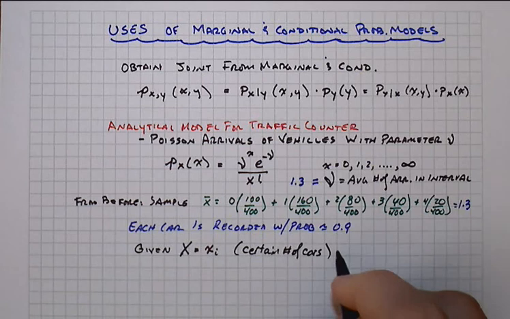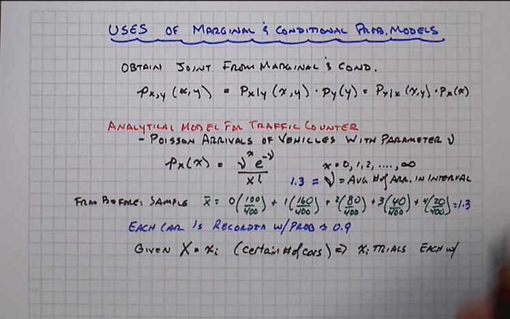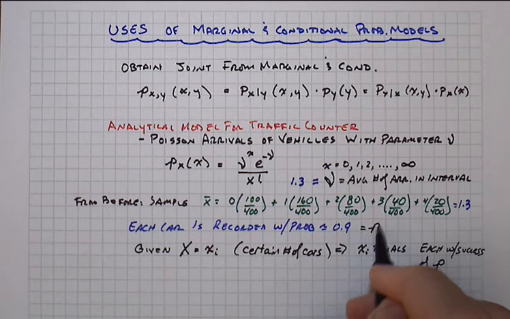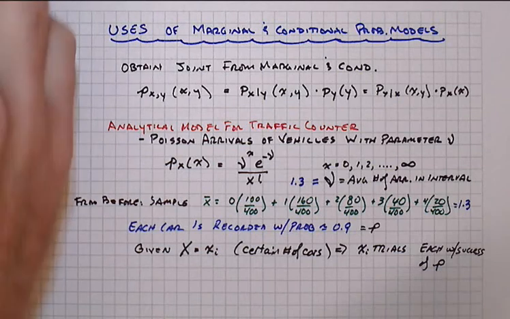We have, in some sense, x trials, each with success of recording them of little p, right, of 0.9. And so that should make you think about that table that we had, KP